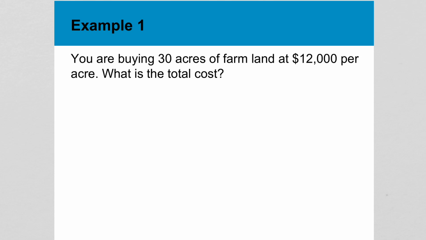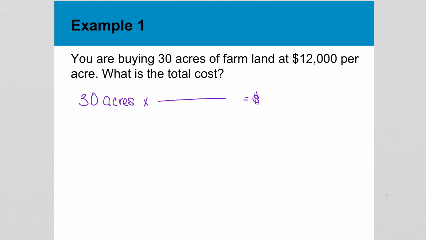So, we're trying to take 30 acres and get out some cost of all 30 of those acres. Now, we know that the land is $12,000 per acre. So we're going to multiply, like we said, since of implies multiplication. And we need to make a fraction that helps us finish this out, that helps us multiply. So our conversion fraction would be